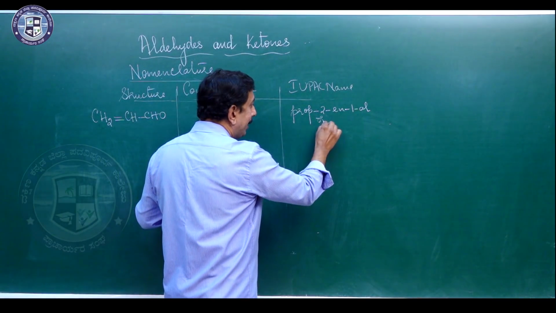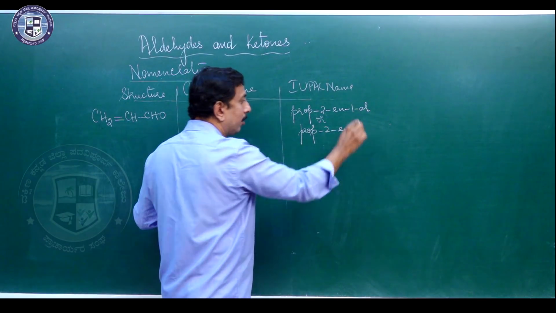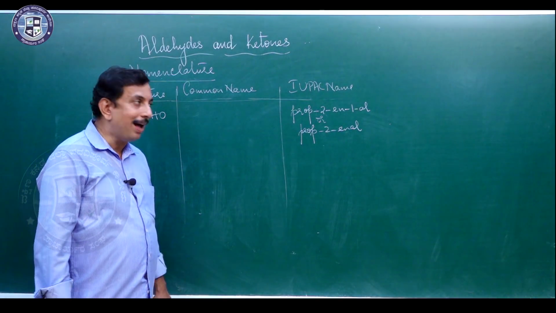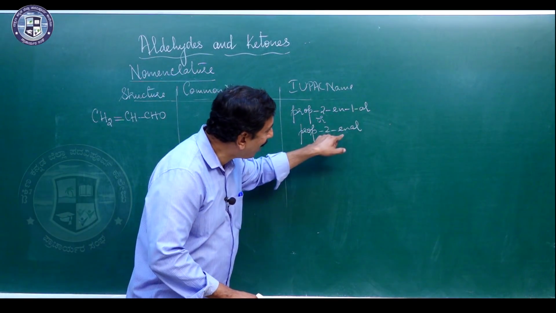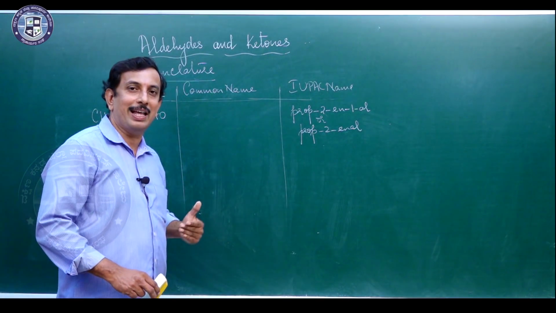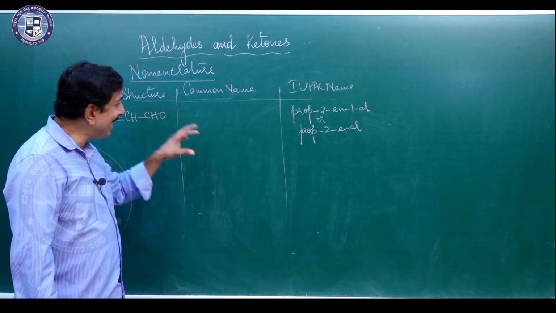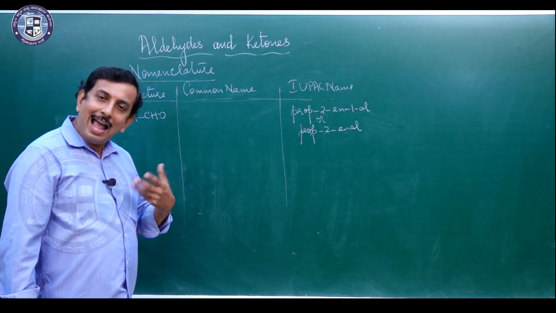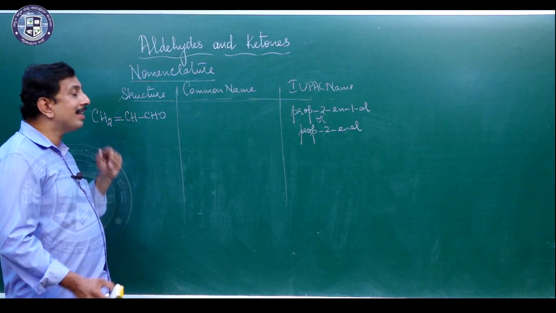Or I can even write it as prop-2-enal, or 2-propenal. So, this is how we can go with the nomenclature. I just remove this one, even if you write 1 also it is correct, or prop-2-en-1-al is also correct. It's just to understand how to name an aldehyde which contains a double bond, because aliphatic includes alkyl groups, alkenyl groups also. So, this is one such category.